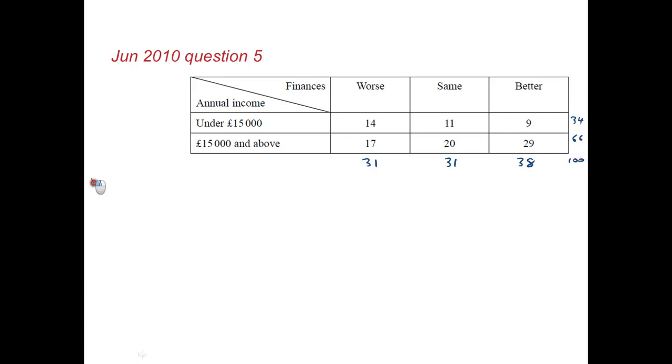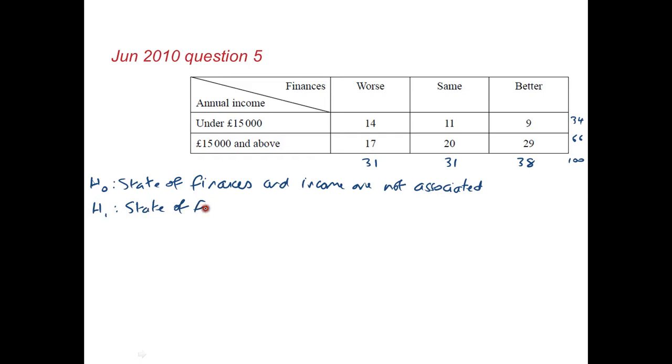Now we need some hypotheses. I like to involve the word not in my null hypothesis. So what I'd be stating here is that the state of finances and income are not associated. I just prefer that terminology. You could use independent if you wished, but I just prefer the word not associated. And then H1, again, don't paraphrase, write it as it is. So state of finances and income